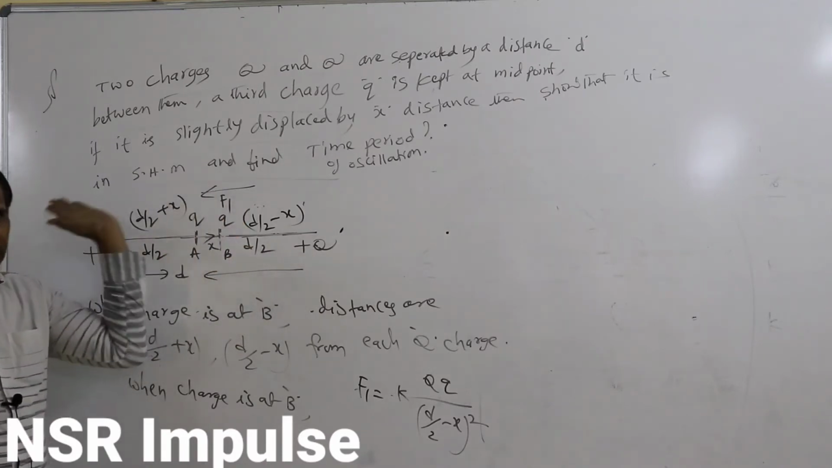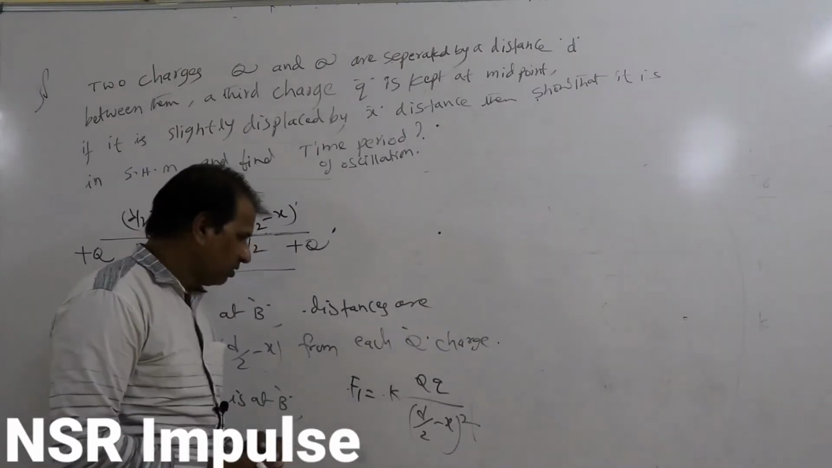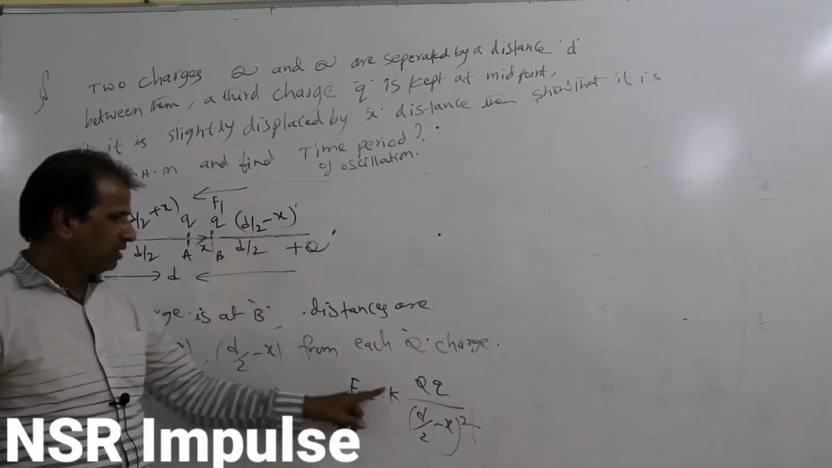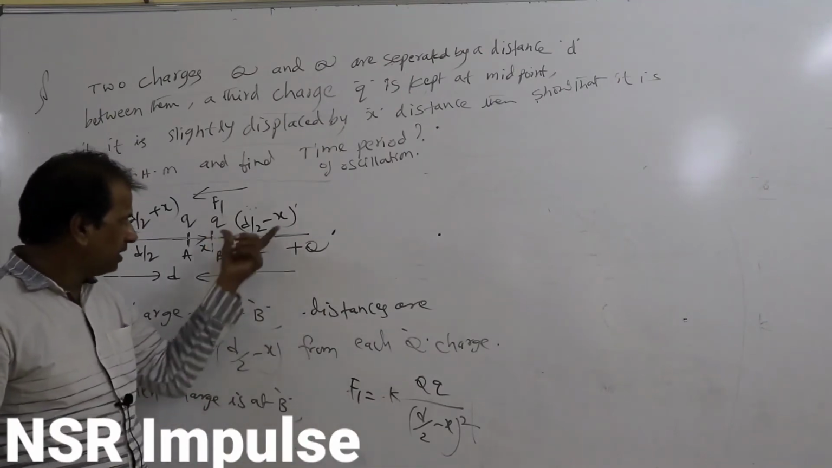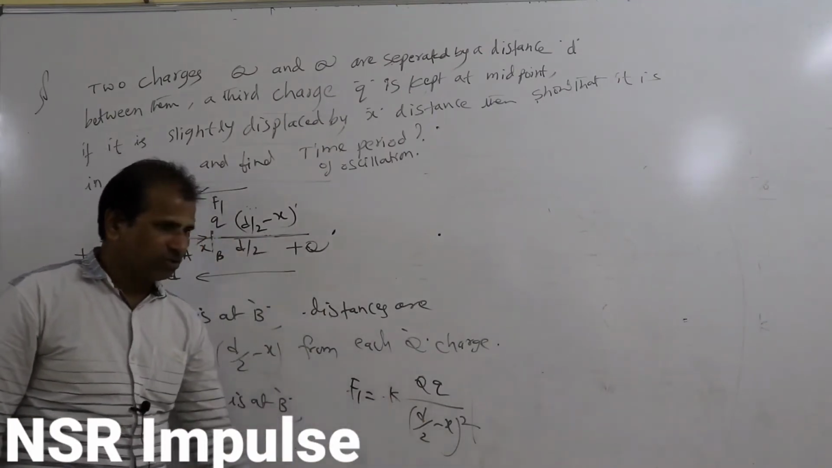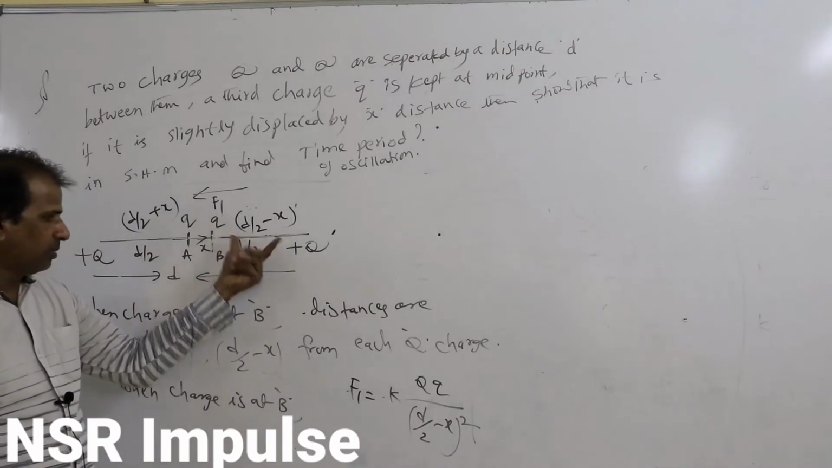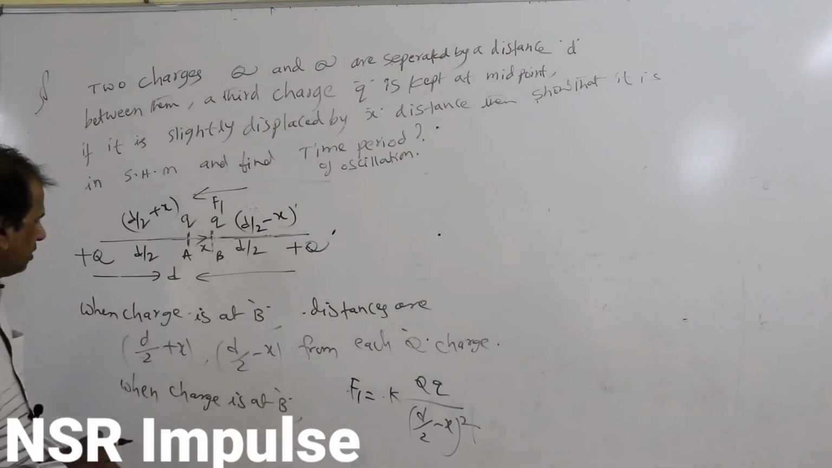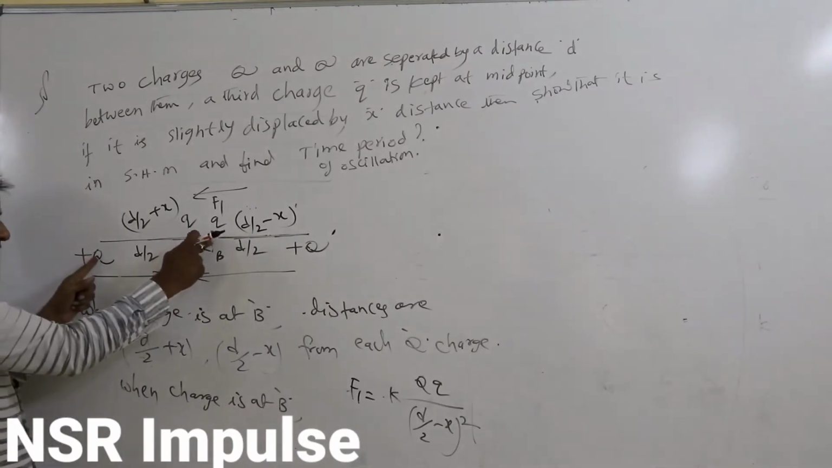Force on this will be on this side. So force F1 between these two charges is K Q q by (d/2 minus x) whole square. This force is a repulsive force. And between these two also